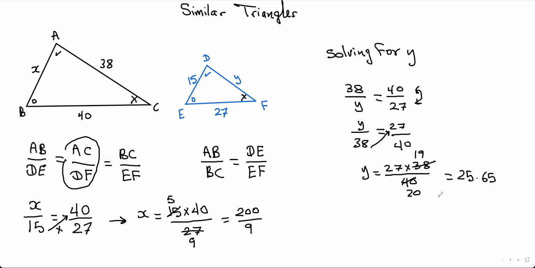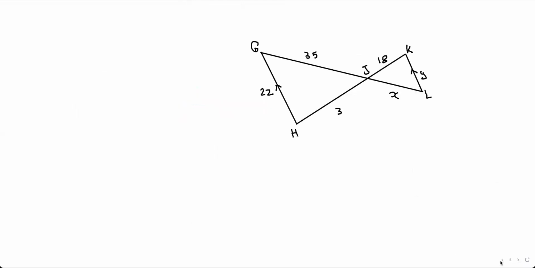So basically that's how we find sides that are missing in similar triangles. We write our proportion right here, and then we could use this to solve for anything in here. Okay, so let's move on to the next question. And the next question is,